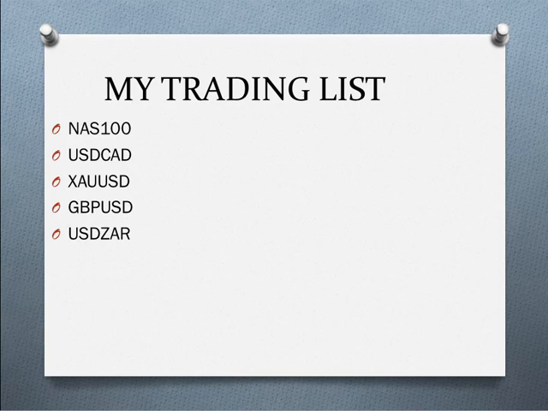If I don't find a trade in the NAS 100, I'm going to go down and look for trades in the USD CAD. Then I'll look for trades on the gold. For those of you that don't know, XAU USD is gold. And if there's no trade there, I'm going to go to the GBP USD, one of my favorite pairs. Very dangerous but very powerful. It can pay you. And then obviously I'll trade the USD ZAR as well. So this is my trading list.